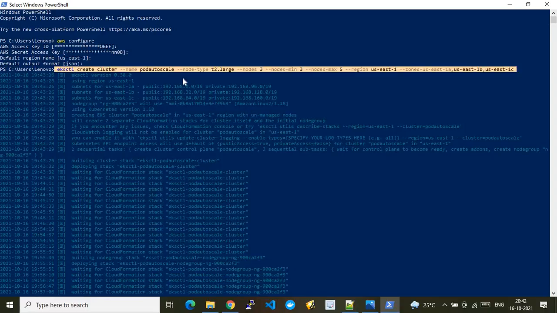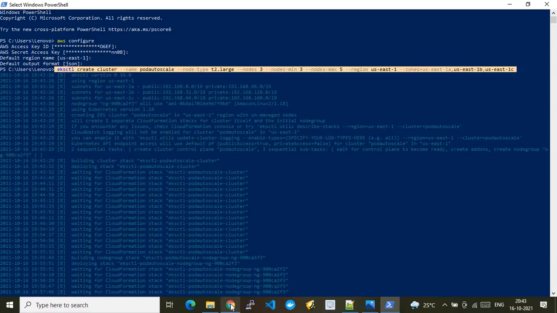I have given it the name pod autoscale, and the node type is t2.large. The minimum number of nodes is 3, the maximum is 5, and the region is US East, with zones A, B, C and so on. So this is my EKS configuration.